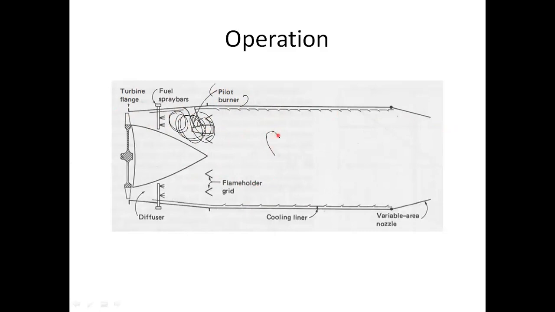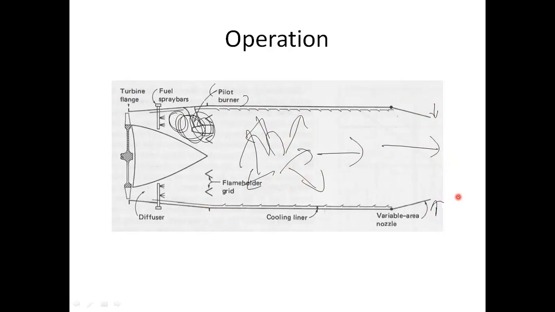When the air and fuel mixture burns, it creates a lot of heat energy and pressure energy, which has only one section to go outside through, otherwise it will stop. When the afterburner is not operating, the variable nozzle will be in this A section, which reduces the exhaust area. But when the afterburner is operating, exhaust gases have a tremendous amount of pressure, so they move outward and create a divergent section so that the exhaust gases go out.